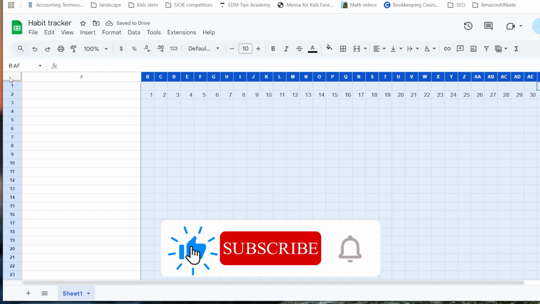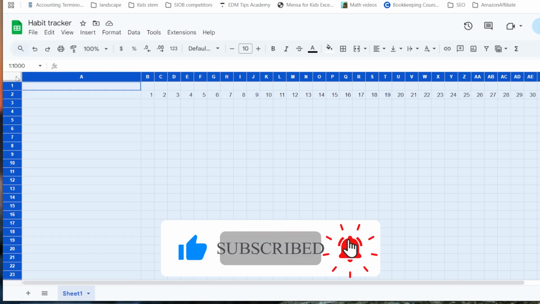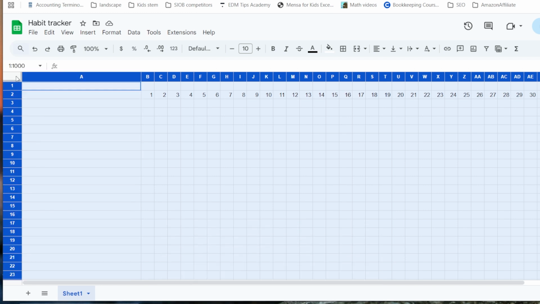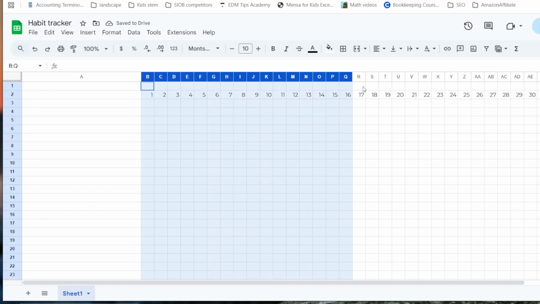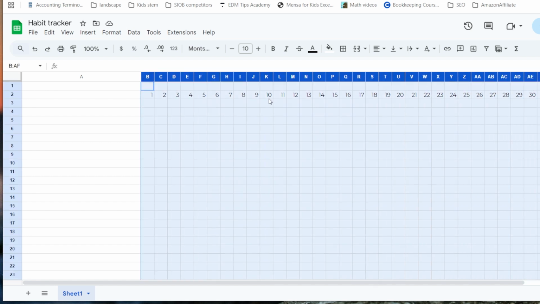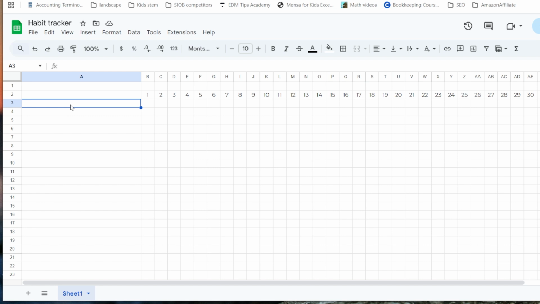Now, if we want to change the font for the whole spreadsheet, we can just select the whole spreadsheet by clicking over here. And I like Montserrat for my spreadsheets. I think it looks really nice, so I'm going to click over here. I also like for these columns to be centered, so I'm going to select them from the top, and then come over here and center them. And then here are going to be the habits that you want to track each month. So let's say